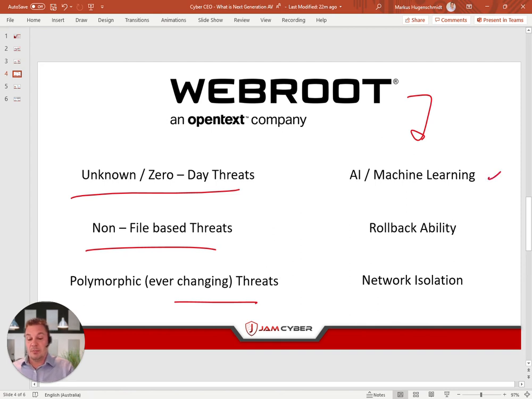Another important one is the ability to roll back. If something like a ransomware is actually executed and it already started to encrypt files on a computer, it's not always, but sometimes there is the ability to say, oh, hang on, we've detected a threat now. Let's roll back what this process has actually done and basically get back to square one and live happily ever after.